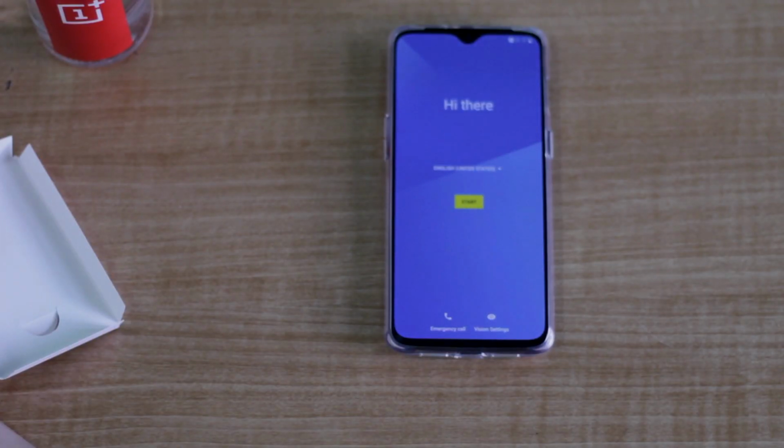I'll quickly set this thing up, install all my apps, install everything, transfer my data, and I'll be right back. So I've been using this device for a while now, and I have installed it to my liking, whatever I liked and whatever apps I use. And after that, all the apps that I've installed,